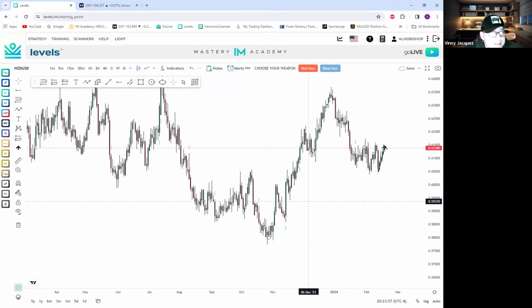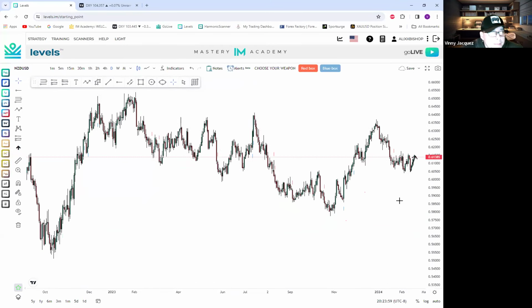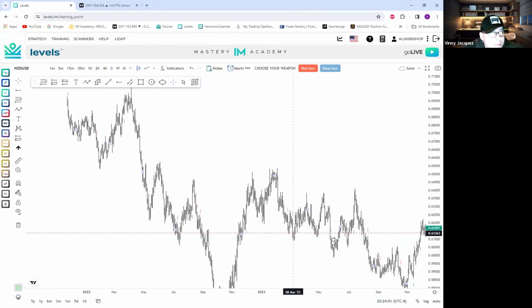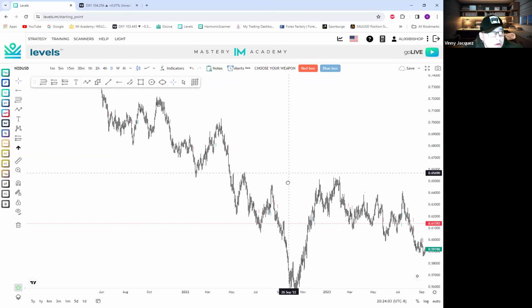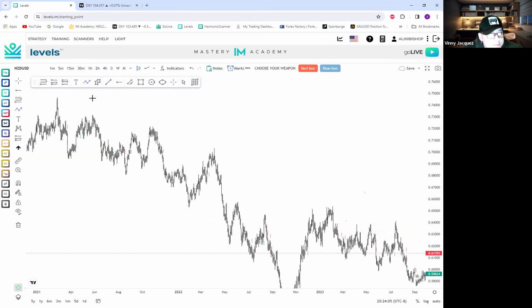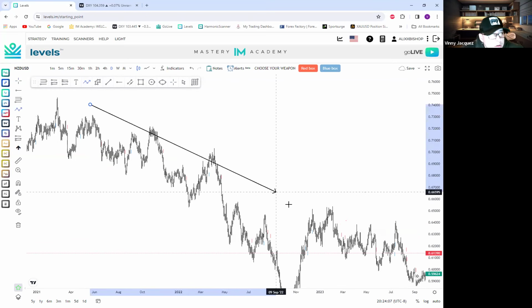Right, check me out. We can see here, even on the daily, was downtrending for a while. That's an ugly pair. I'm gonna leave it alone until we break out. Yeah, of course. Right, downtrending for a while. And we can see here,